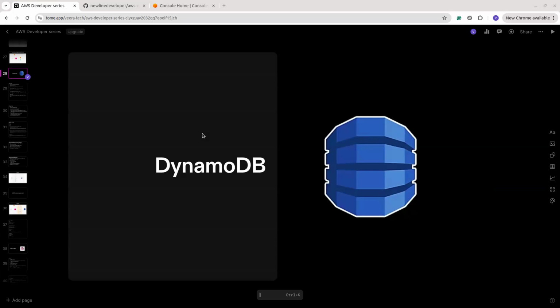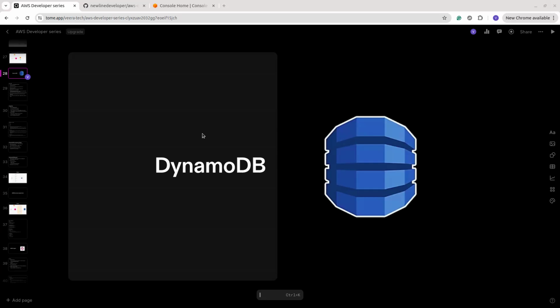So in this session, we are going to discuss AWS DynamoDB. In the previous sessions, we discussed how to create the sample application, how to build the sample infrastructure using AWS CDK, and then how to build the Lambda application with the help of CDK, and then we discussed API Gateway. These are the services we discussed, and to continue that, in this session we are going to talk about